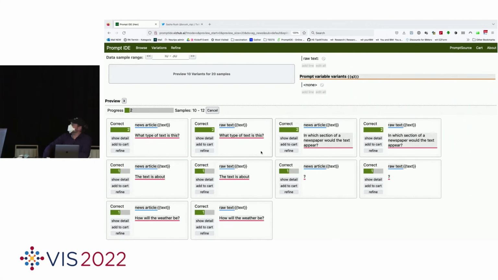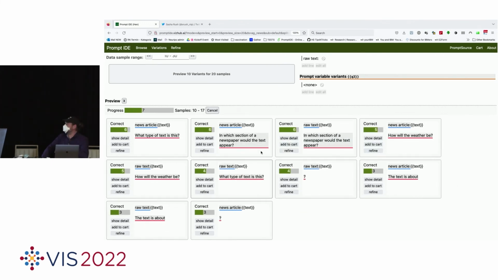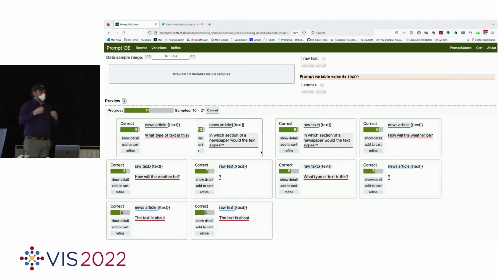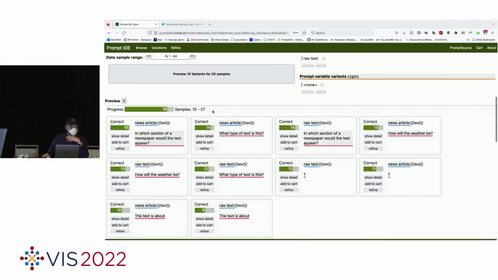What we do now is run these 10 variants of prompts against a couple of samples. And you see this is progressively updating and always giving you the variation of the prompt that performs best on the observed samples as the first item. And while this is running, you can already look into it and figure out, okay, I've burned enough GPU hours.